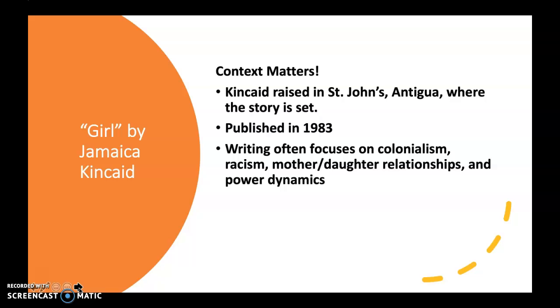And you need to know just a little bit about Kincaid, that she was raised in St. John's, Antigua, where the story is set. It was published in 1983, even though it's focused on an earlier time. She was born in 1949. That might help you a little bit. And her writing often focuses on colonialism, racism, mother and daughter relationships, which is very obvious in this piece, and